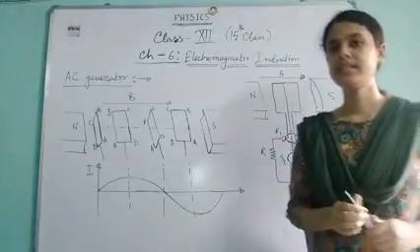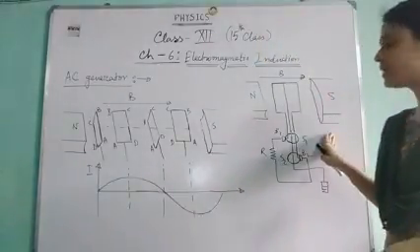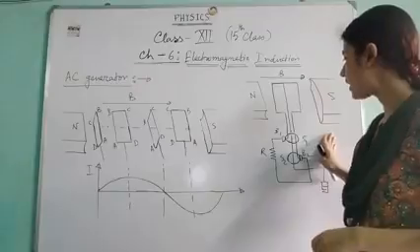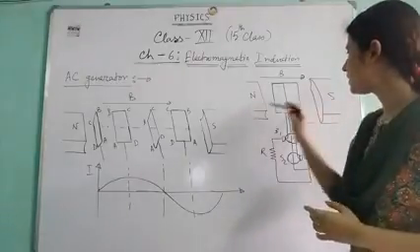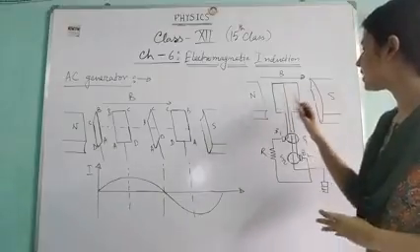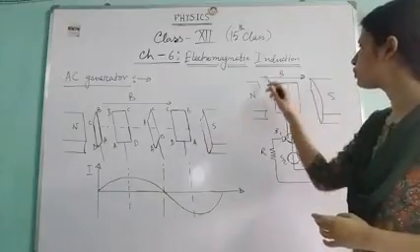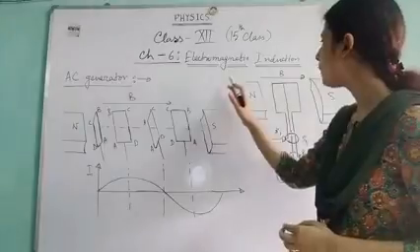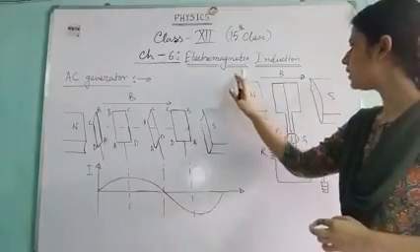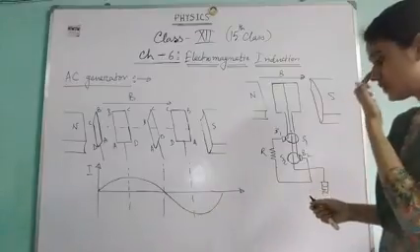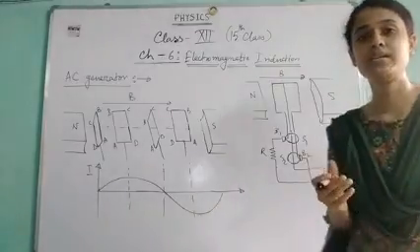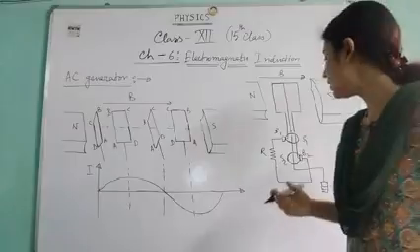So as you can see, this is the schematic diagram of an AC generator. Here you can see that the armature is kept between the north and south poles, so the magnetic field will flow from left to right, as I have shown you. As I was telling you, the term generator is not appropriate.